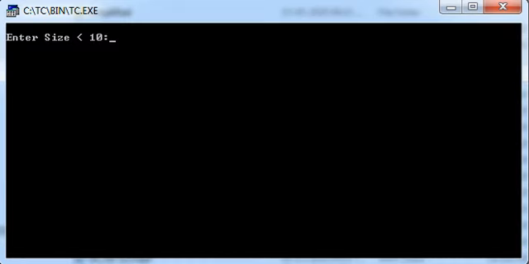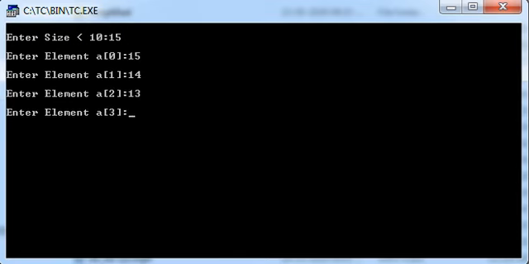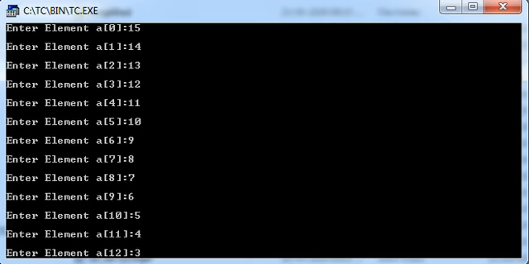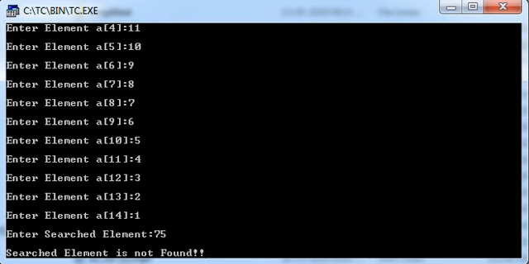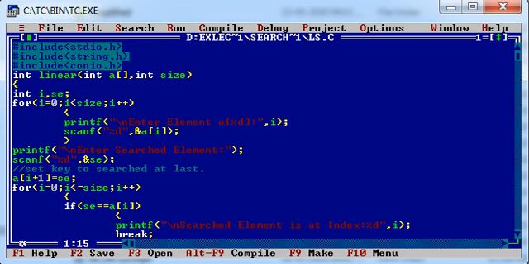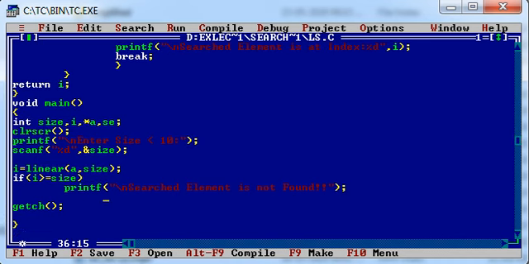Let's say we are taking 15 elements: 15, 14, 13, 12, 11, 10, 9, 8, 7, 6, 5, 4, 3, 2, 1. Okay, now let's find out the element 75. So the element is not available in the array. So this is the implementation of linear search, with function and without function.